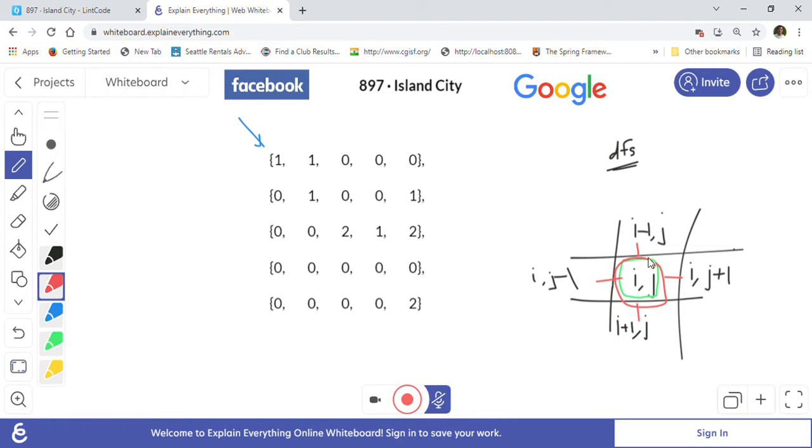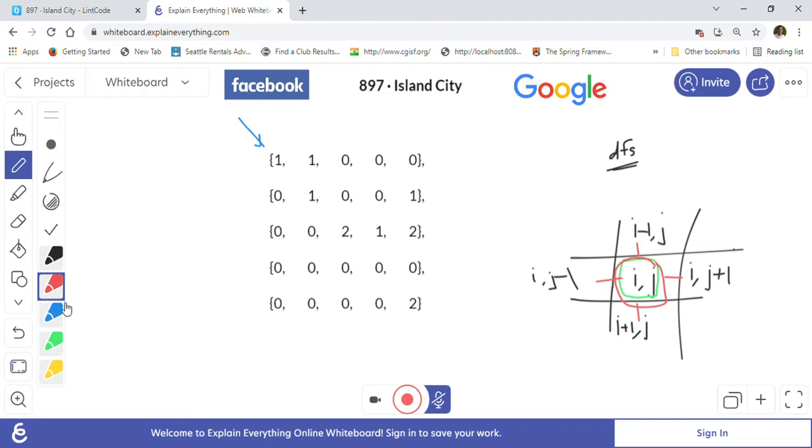From the current cell, whenever we find any one or two, we will start DFS in all these four directions and try to find out if on that island we can find any city. If we find any city on the island, we will increment our count. That is our approach to solve this problem.